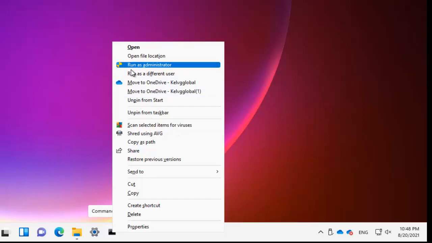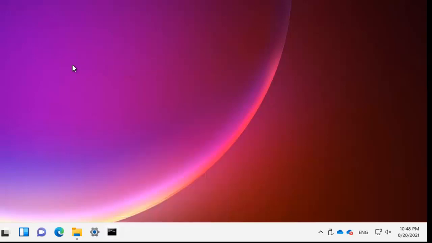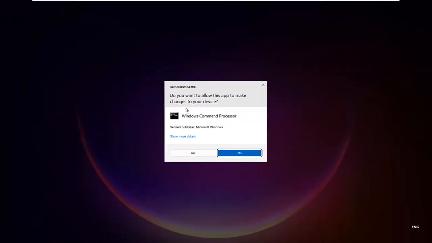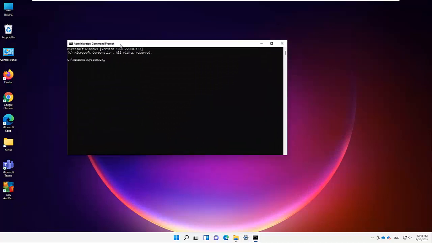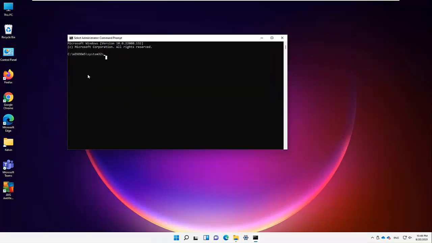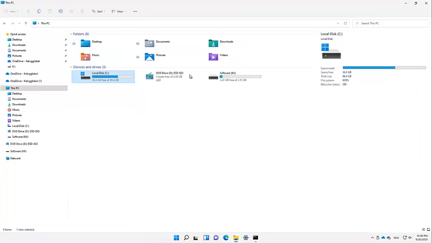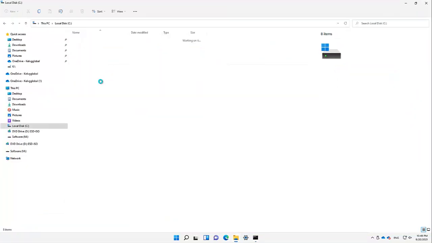What I want to do is run this command prompt as an administrator. Definitely I'm going to be asked to confirm in User Account Control. I'm going to say yes, and you can see we have our command prompt. When you open the command prompt for the first time, it takes you directly to C:\Windows\System32. So let me open File Explorer, go to my C drive, and it takes me to this location, Windows,